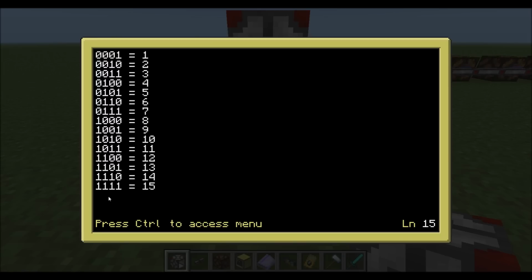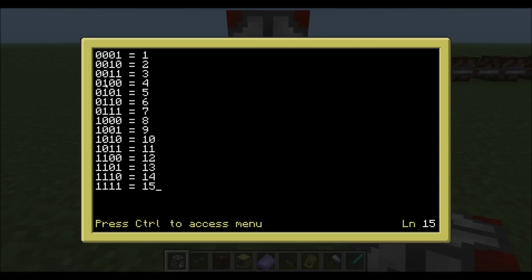And what we're going to do now is some OR gates to see whether or not a specific light will be on. So as you can see from this, say for example we're doing our first light, you can see that all the odd numbers in here have got a 1 in that last column. Whereas if we look at the second one, that is only in 2, 3, 6, 7, 10, 11, 14, 15. If we were doing the third number,